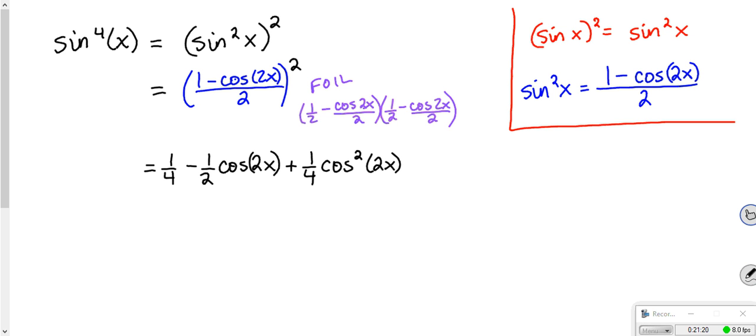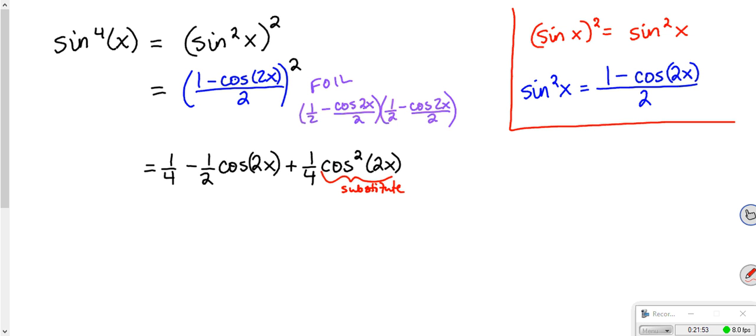Okay, 1/4 minus 1/2 cosine 2x plus 1/4 cosine squared 2x. The 1/4 cosine squared 2x would be multiplying the last times the last. Okay. Now, I have got to substitute this part right here. This cosine squared, I've got to substitute